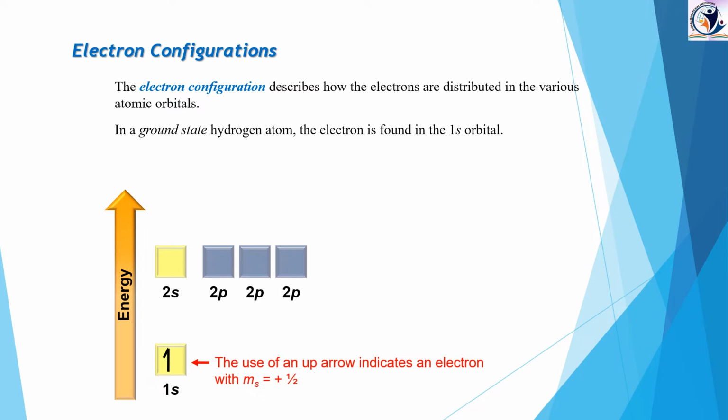So this is how it is going to be placed. It is having only one electron, right? That electron will be presented in the upward arrow direction. The use of an upward arrow indicates an electron with the spin of plus half. That means positive spin. It is having the positive spin. Okay, understood? Positive spin it used to have. That is what we can call the clockwise direction.